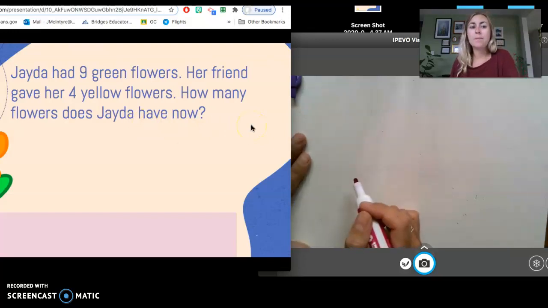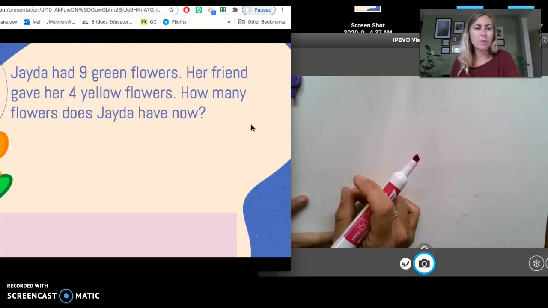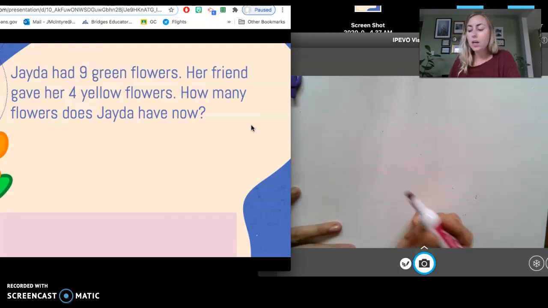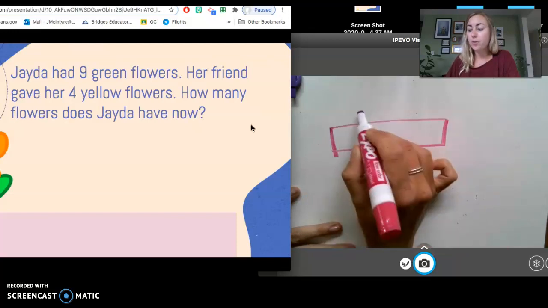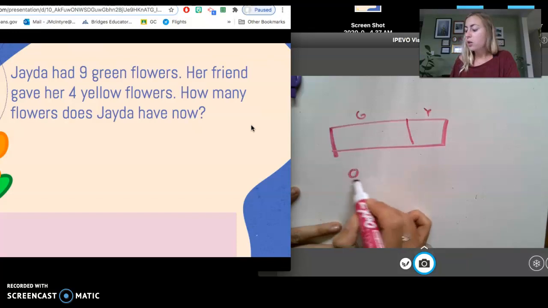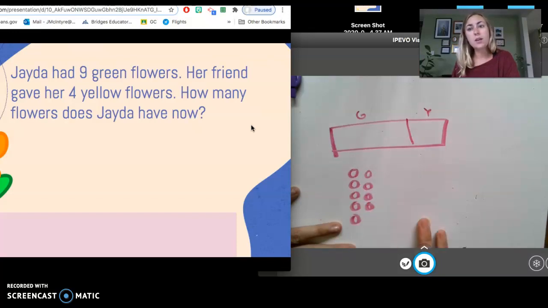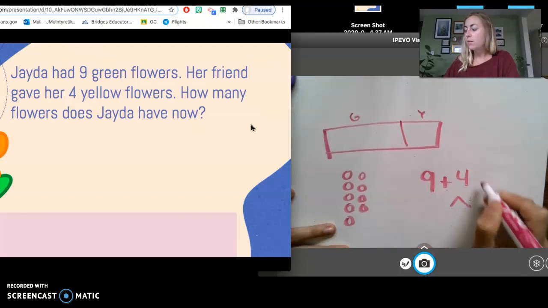I'll read it again. Jada had 9 green flowers. Her friend gave her 4 yellow flowers. How many flowers does Jada have now? You guys could make a tape diagram to talk about the green flowers and the yellow flowers. You could draw circles to talk about the green flowers and the yellow flowers, or you could write an equation,